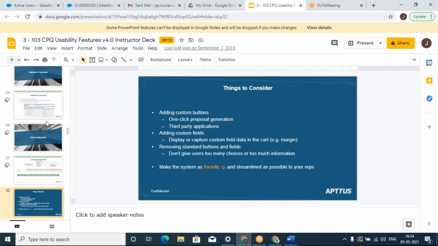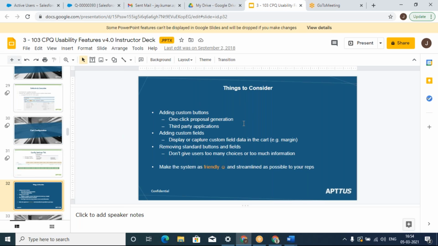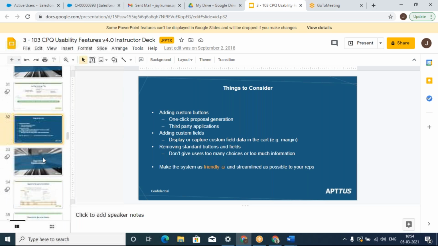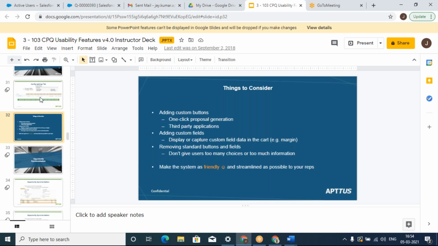It's just that you cannot modify the existing functionality. You can do an add-on, but you cannot modify it because it is a managed package. The only things that you can modify are from the custom settings. We'll also talk about the custom settings in a while. Okay, so all right, now